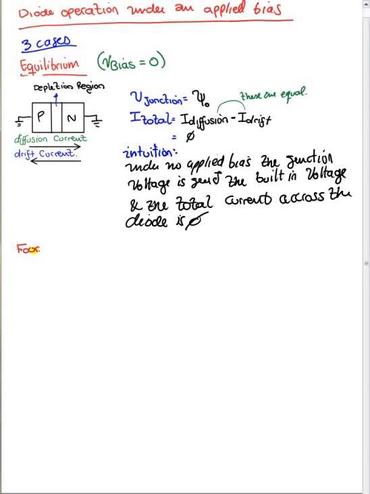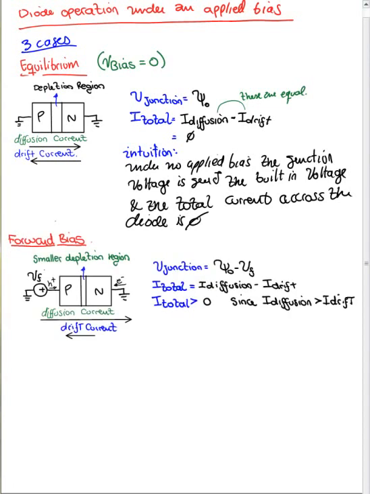So now we'll talk a little bit about forward bias. Let's draw the schematic. Here are the conditions and the results under forward bias. We apply a positive forward voltage to the diode, and then we get that the diffusion current increases while the drift current decreases, which means that we get a total current that becomes positive, and we see that the depletion region becomes smaller, which means that the voltage across the junction is going to be the built-in potential minus the